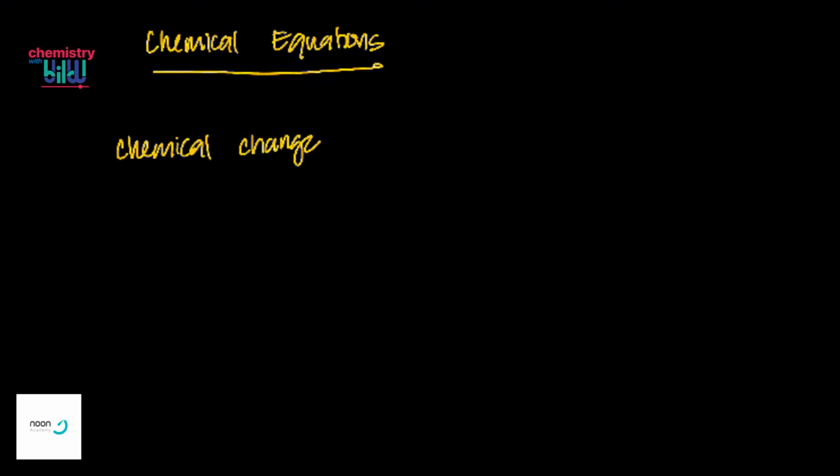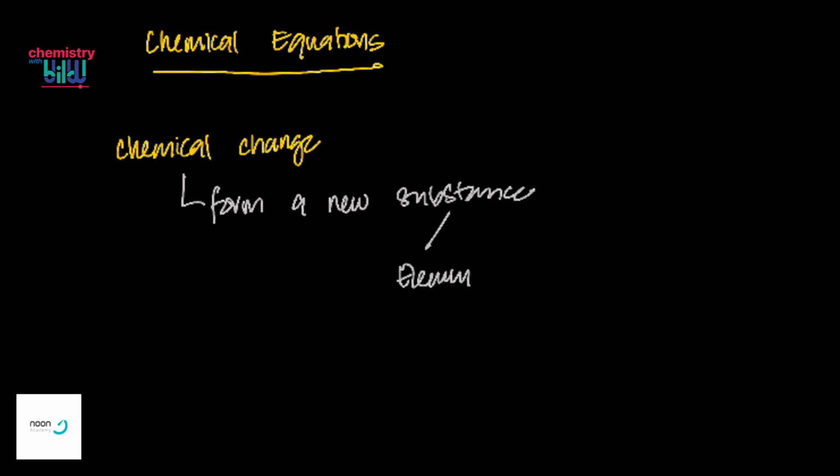So what we're going to look at is chemical reactions and equations, right? So what do we know about chemical change? The main feature of a chemical change is you form a new substance. And what can be a substance? A substance can be an element or a compound. So if you make an element, meaning you're extracting an element from a compound, or you can be